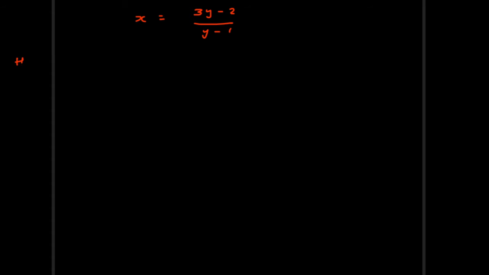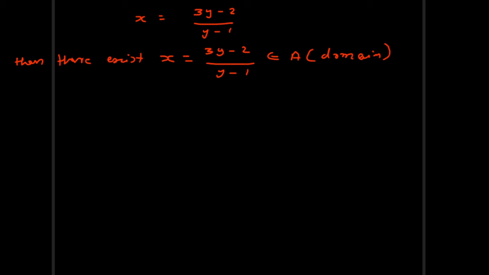Then there exists an element x equal to 3y minus 2 by y minus 1 belongs to A, the domain, such that